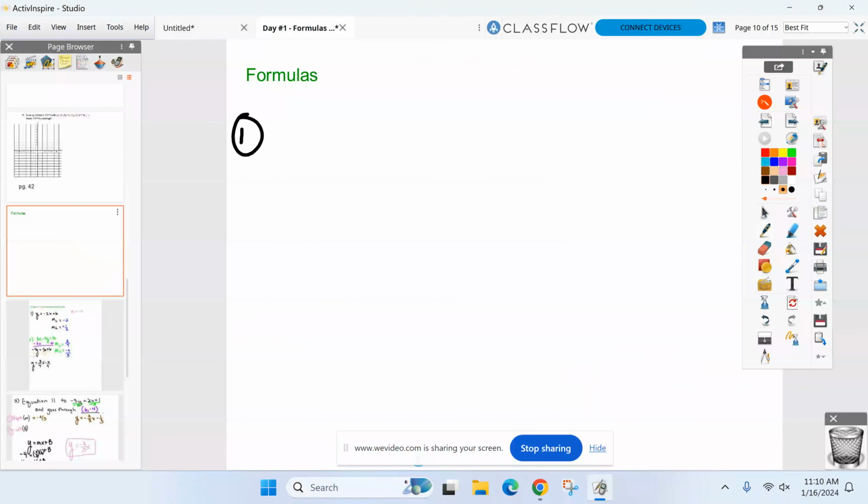And whatever you do for notes is on you. If you just want to stare up here and watch the whole time through the 5 days, that's fine. I'm going over what I think is important. So there's 4 formulas that you definitely need to know going into the exam that somehow will be tested on one of the 4 parts. All right, what do you think? We got the big 3 definitely, which are